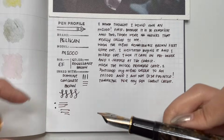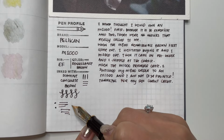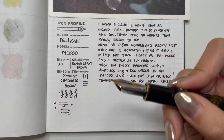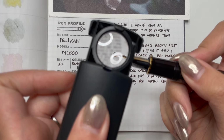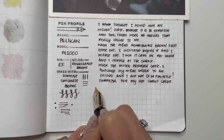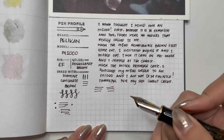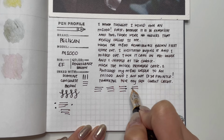Basically what I did, and please do not do this unless you are actually comfortable, is just adjusting the tines a little bit like that, and then checking them again under the loupe. And I know you're not going to see this, but under the loupe they're now in line, and you can tell, because when I was writing this out it felt like they were misaligned, but now that I've done that quick little adjustment,